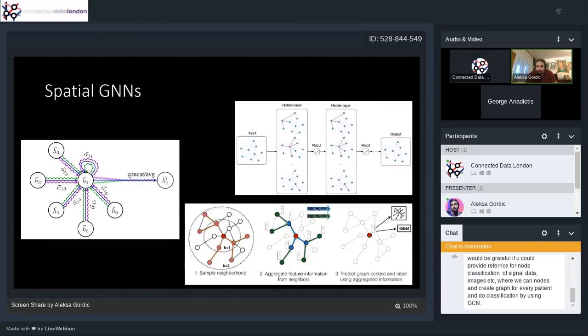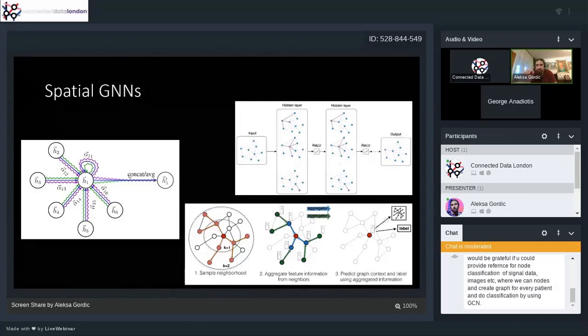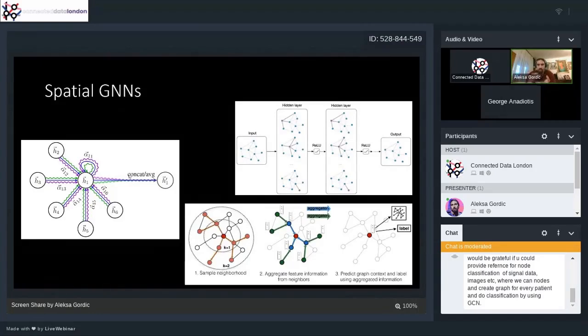Maybe a quick explanation here. How spatial GNNs work is really easy to explain conceptually. You have a certain node, and you just take a look at the neighbors of that node, and all of them have feature vectors, right? What you do is you somehow combine them, maybe by a mean average, maybe you weigh them by the attention coefficients. You combine them, you pass them through a nonlinearity, and you get the feature vector on the next level of the graph neural network. And that's how they work.